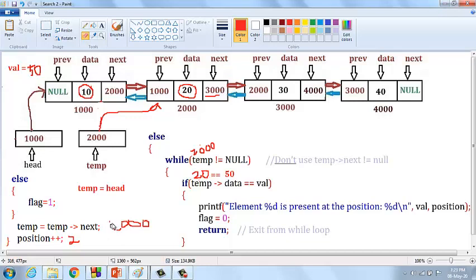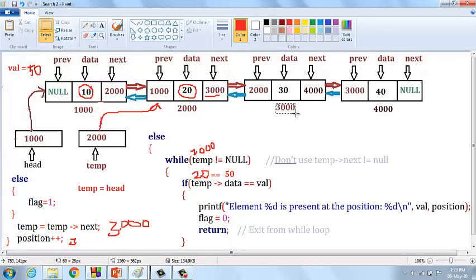Here temp should be changed from 2000 into 3000. And then the position should be incremented, 2 into 3. So what is the value of temp now? Temp is 3000.